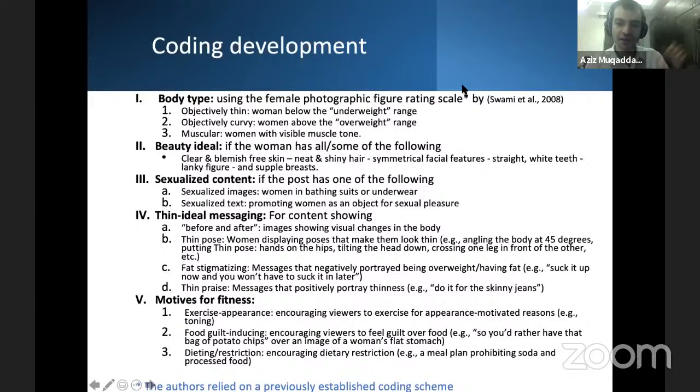So thin pose that sends the message about the thin ideal. And then they looked at fat stigmatizing or, like, body shaming, as we call it. So it's a message that negatively portrayed being overweight,